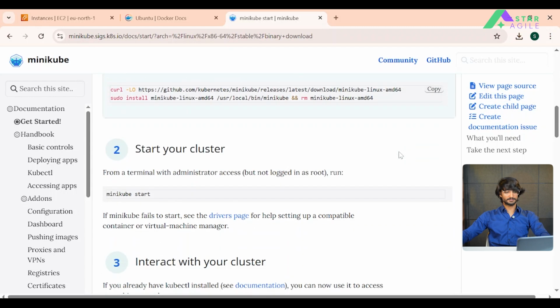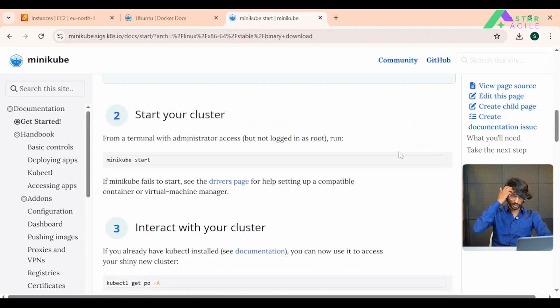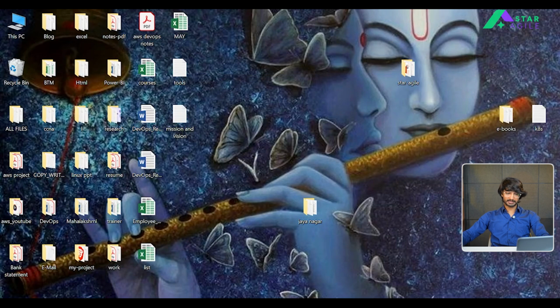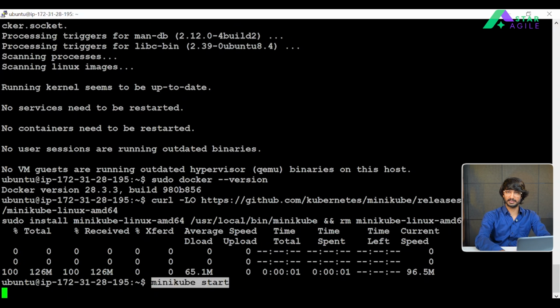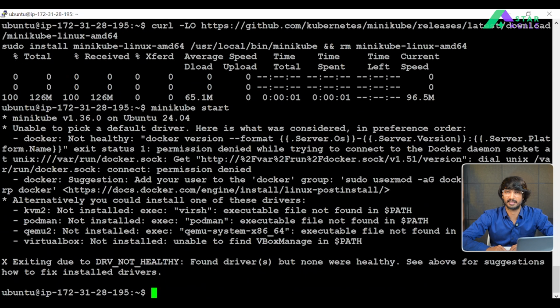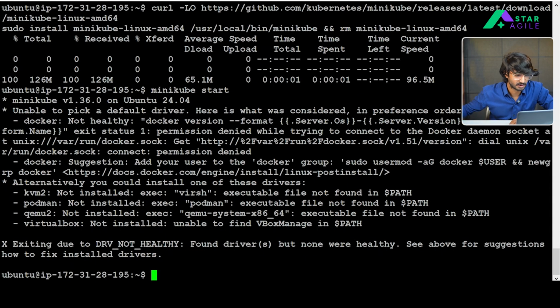But before this, once Minikube has been installed, I need to run minikube start. That will create a cluster right now. For that, as I copied this command, let me go there and put it in. Let's check what error it throws. Yeah, as you can see, people, it's giving me a suggestion.